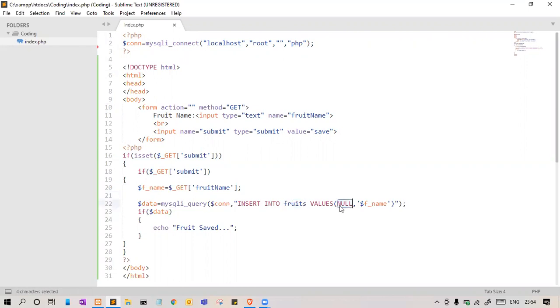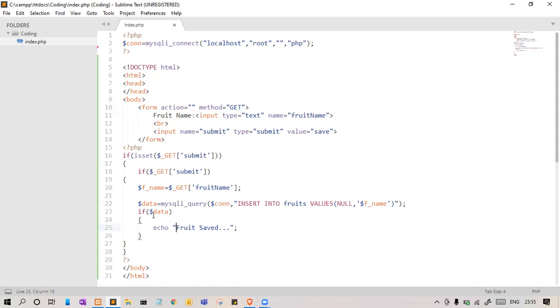We are not giving any value for fruit ID, and fruit name is whatever we have collected from here. If the data is saved successfully, we echo fruit saved. This is the simplest code of inserting data.